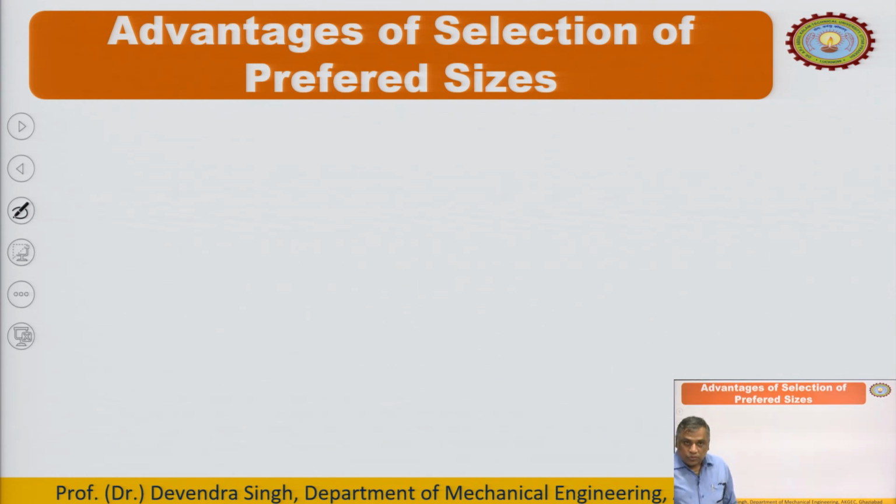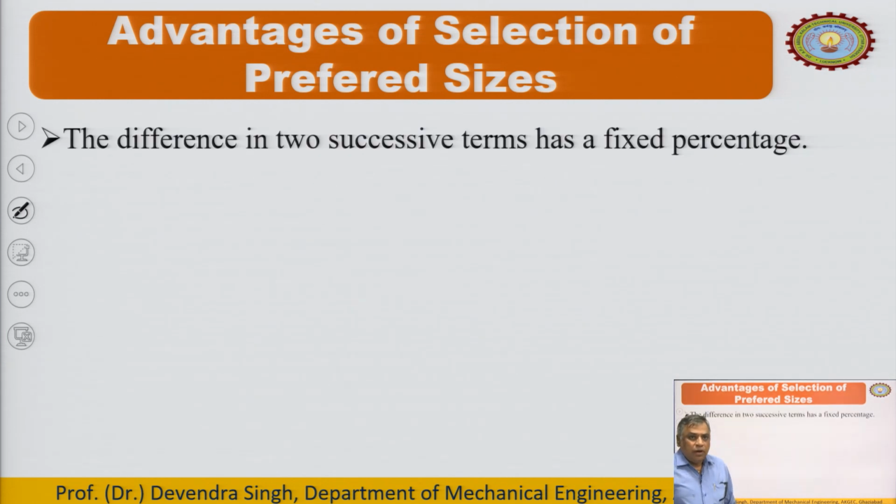So, now we will see the first advantage. The difference in two successive terms has a fixed percentage, because for every series there is a fixed series factor. For R5 it is 1.58, for R10 this is 1.26, R20 it is 1.12 and so on. So, in any series, in